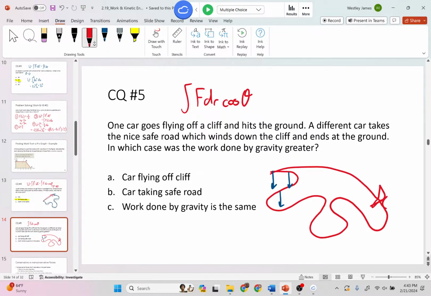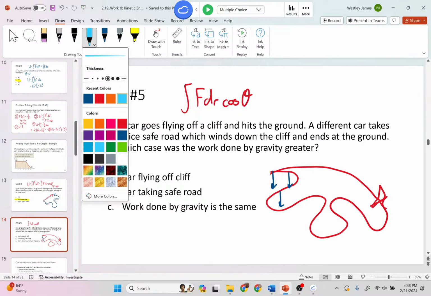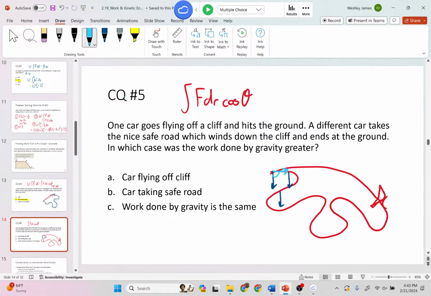At this spot, in the beginning, this car is going this way, so the angle is right here. At this spot, the angle, oh, that's the angle. This one, the angle is there. At this spot, gravity is down, the angle is this way. So y'all can see the angle is changing constantly. At this spot, the angle is this big thing here. The angle is constantly changing, and you're just going to have to take my word for it, that the result